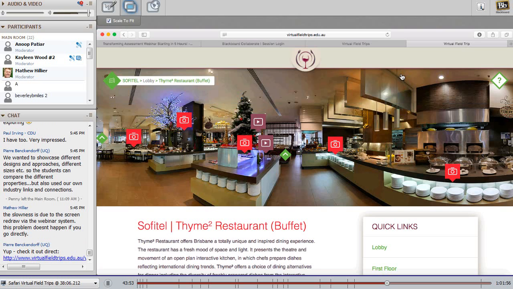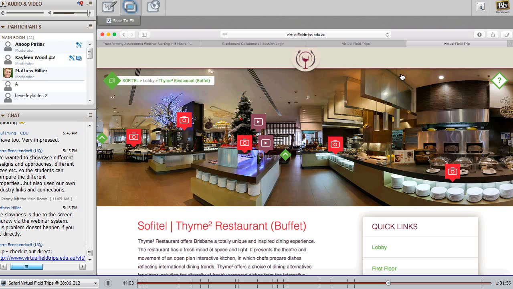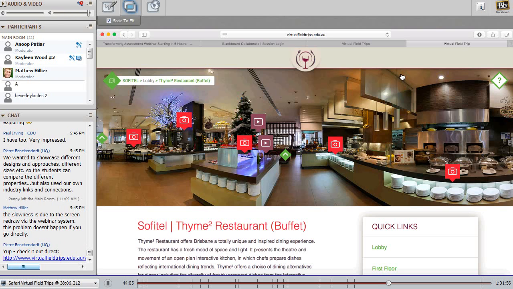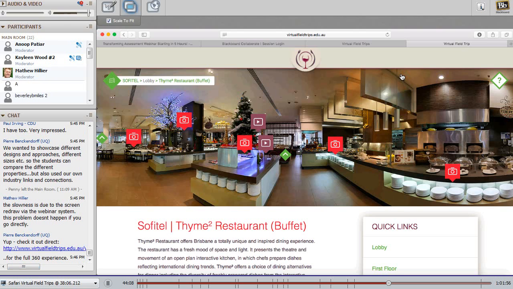By visiting these hotel sites, students get a good idea about the design layout and how the emphasis is created in the restaurants, and you can compare some of the all-day dining buffet type of restaurants versus fine dining restaurants and so on. They can look at the hotels in Australia and compare them with Hong Kong, China, and eventually they'll be able to have a look at the hotel in London.